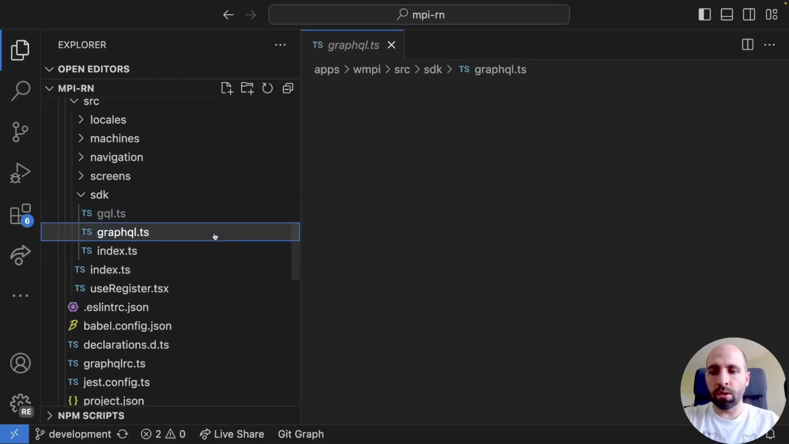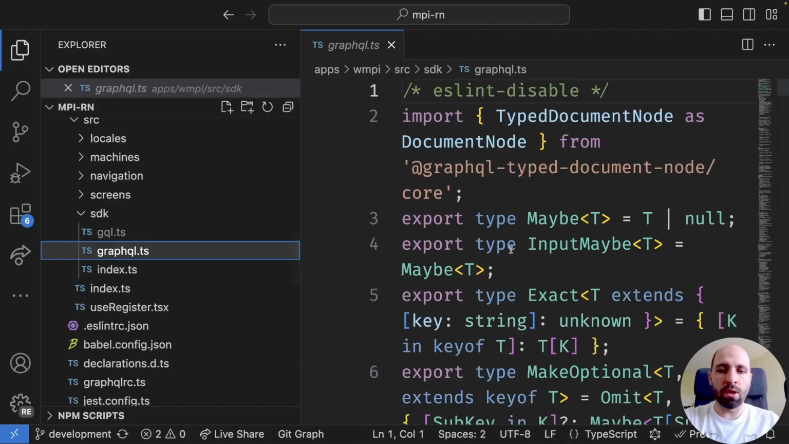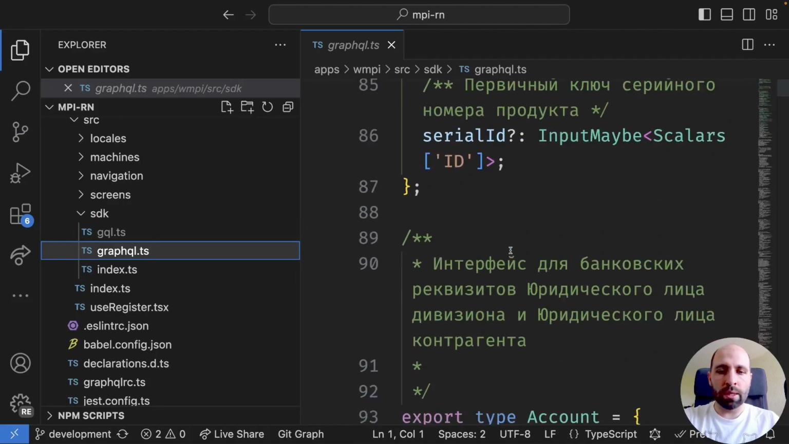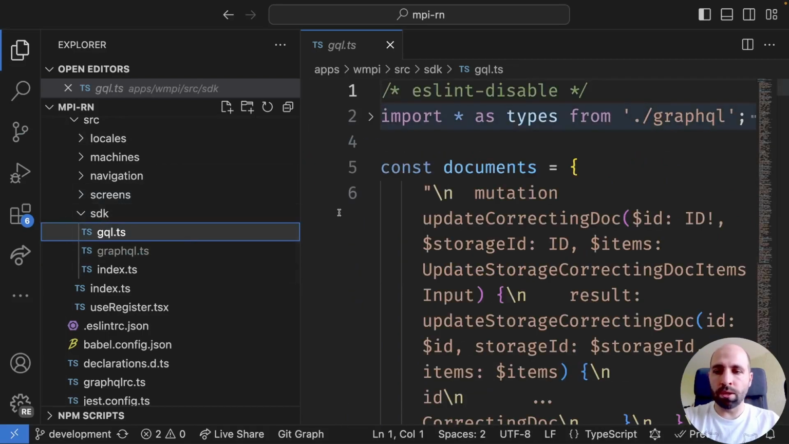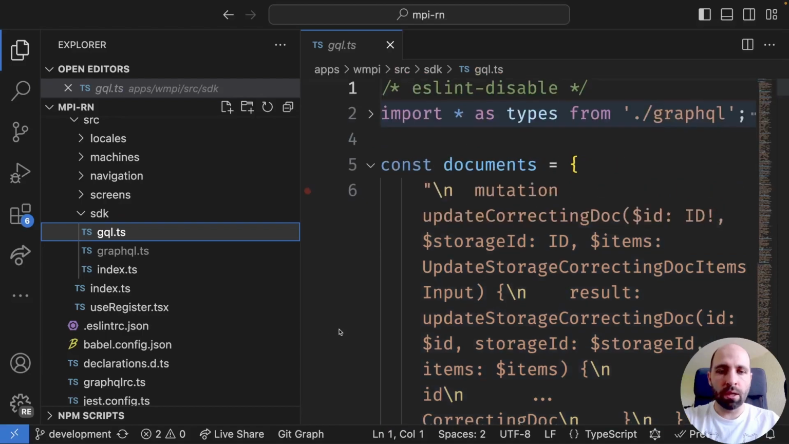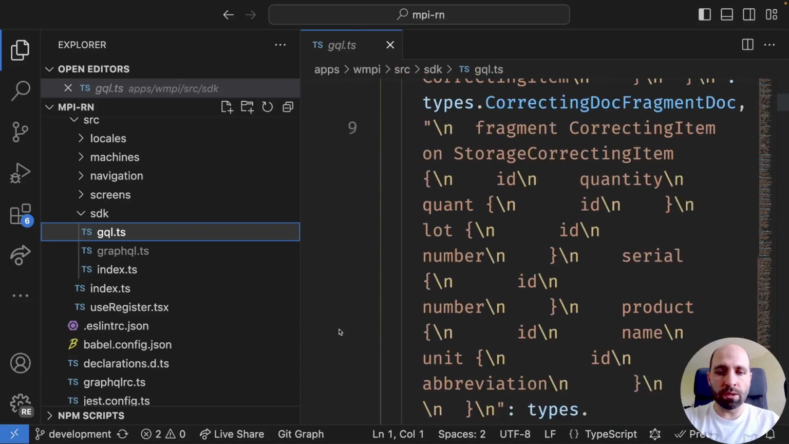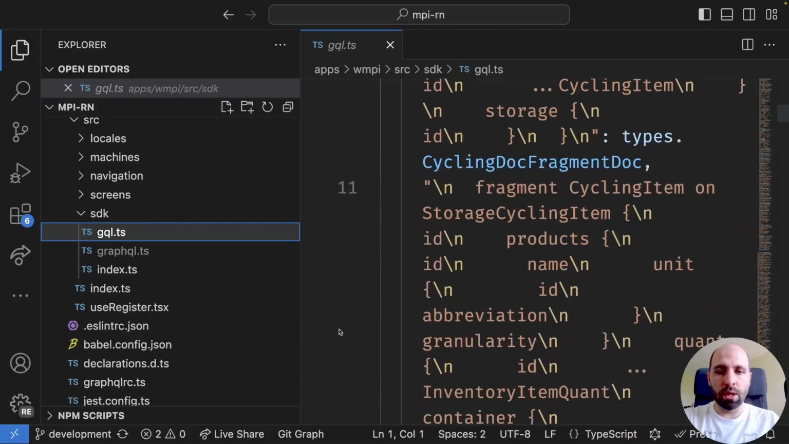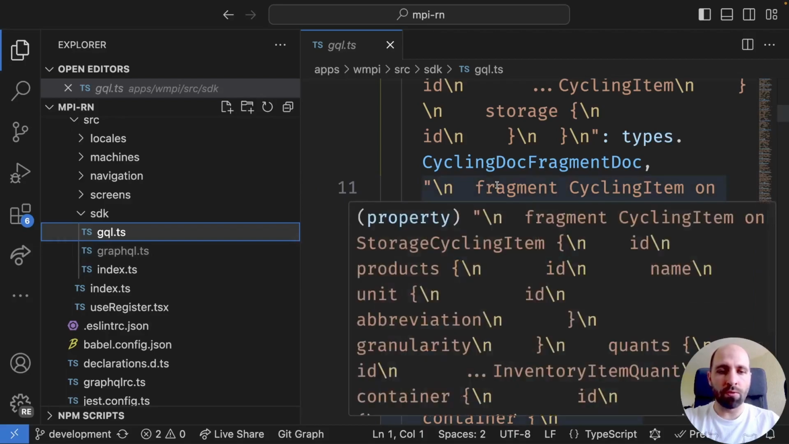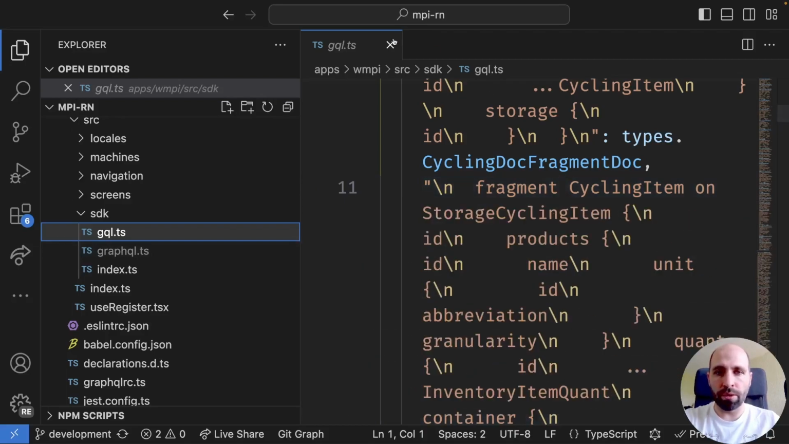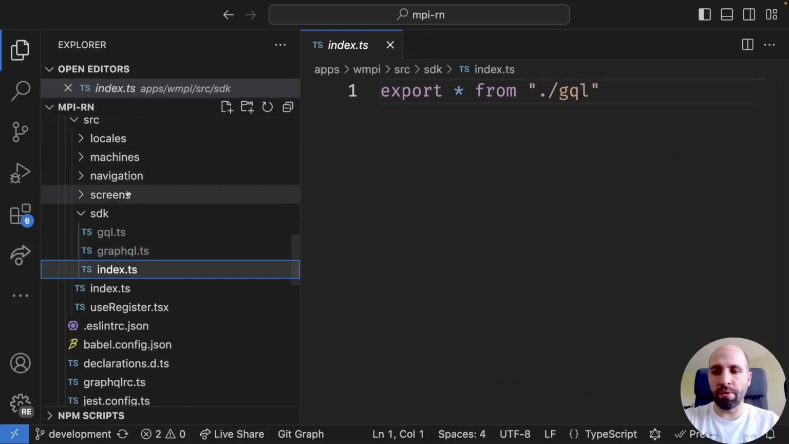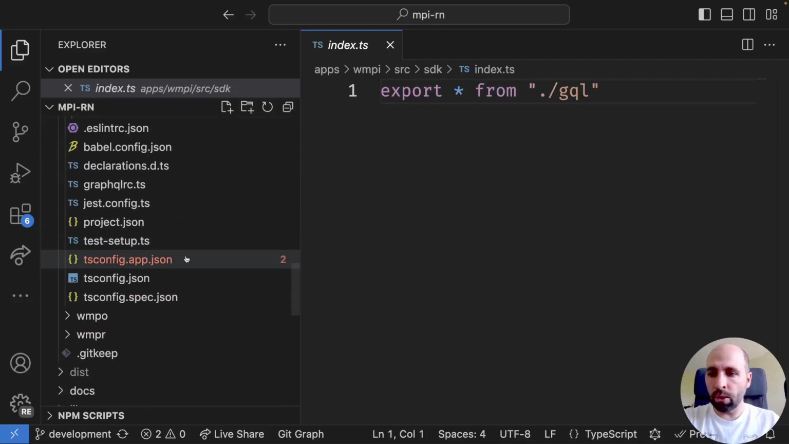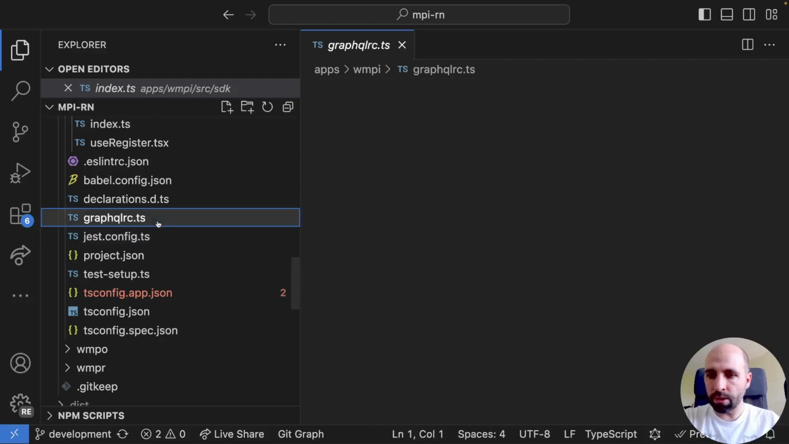It creates the GraphQL TS file, which has all the types of our GraphQL API, and the GQL TS is basically the documents that it created with the CodeGen. It has the code of the GraphQL fragment or GraphQL query that you wrote. And the index file just exports everything from GraphQL. If you want to look at what the GraphQL CodeGen looks like for us,